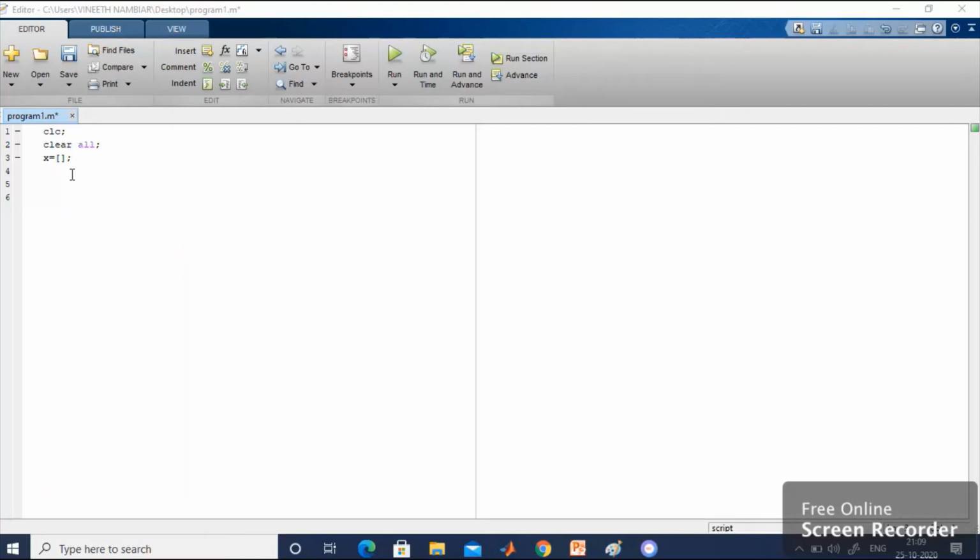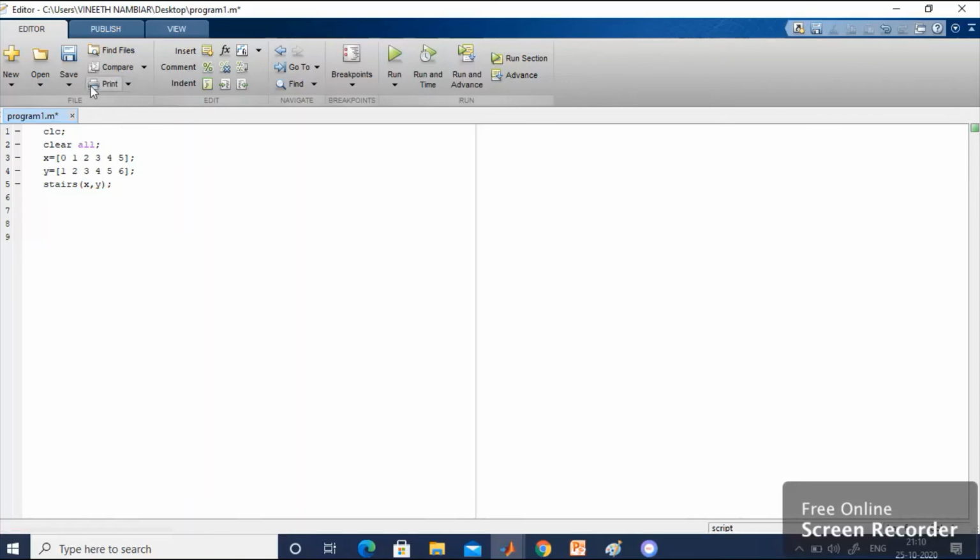So first and foremost thing, let us define the x. You can type here 0, 1, 2, 3, 4, 5, etc. Let it be till 5. Then you can put the variable y equal to, so let us start with 1, 2, 3, 4, 5, 6. Now what you can do is you can use the command stairs, x comma y, variables are x comma y. You can close the parenthesis.